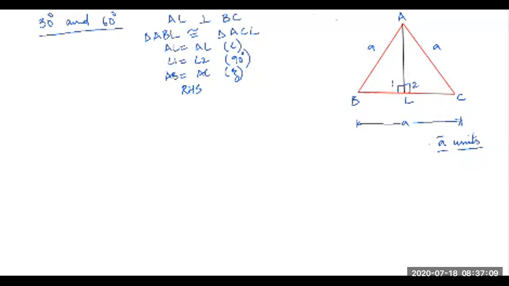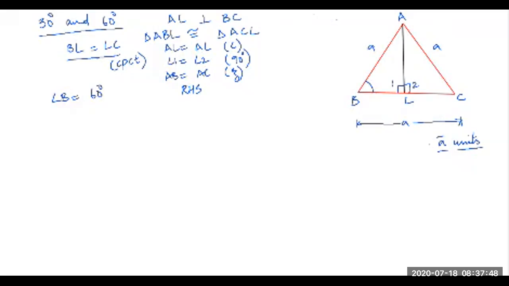When these triangles are congruent, that means definitely from this I can say that BL will be equal to LC. Both are by CPCT, that is corresponding parts of the two congruent triangles. As these two triangles are congruent, so their base are also equal, right? Now I also know that every angle of an equilateral triangle, angle B, would be 60 degree. Even angle A and angle C are also equal to 60 degree.